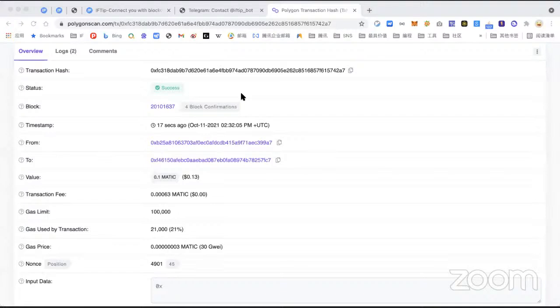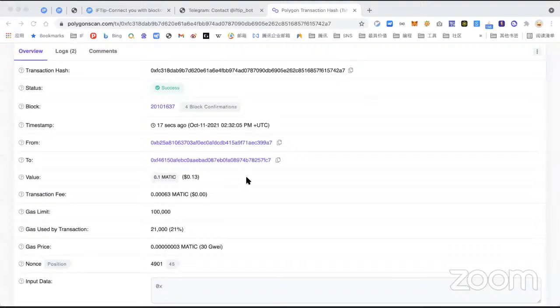It can help you to airdrop or do activities in project operations. So if you want to use the bot in your group, please tell us or just submit your project on our official website.